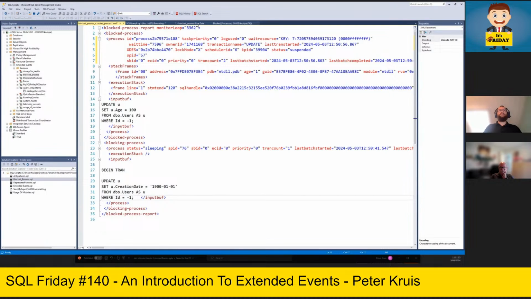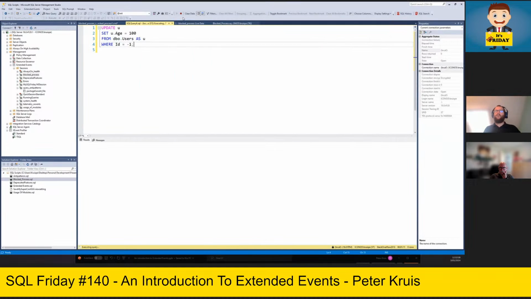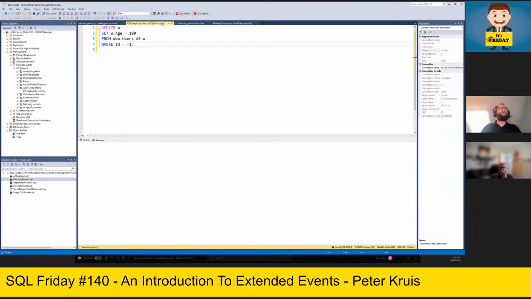And each time the agent kicks in, it creates a new report. So for now, it will have the same data. Sometimes when deadlocks are also happening, they will also be included in this event. So that's a pretty handy one if you are looking for blocking problems, like your users experiencing slowness. This is a fairly easy one to set up to see if it is blocking.